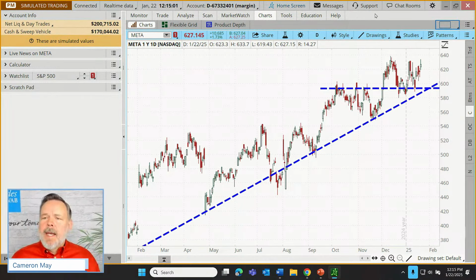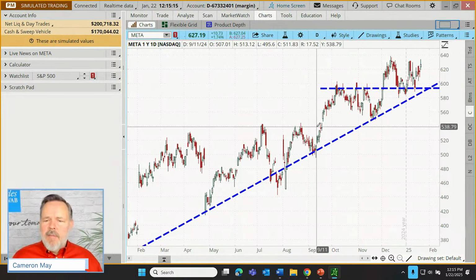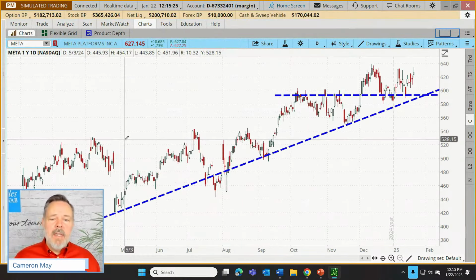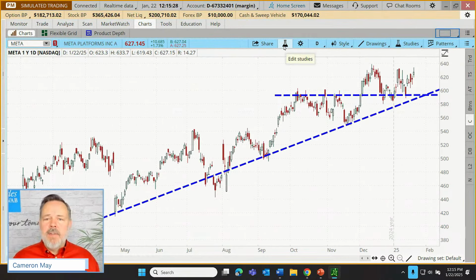Okay, so lots of different ways to navigate very quickly among the different functions of the platform. We've detached charts, we've set up multiple charts and navigated among different cells. Now let's just talk about some of the charting functions themselves. Some traders really get pretty detailed with indicators. They like to add lots of what we call technical studies to the chart. Let me hide this left column for a moment. We don't really need that for this part of the presentation.